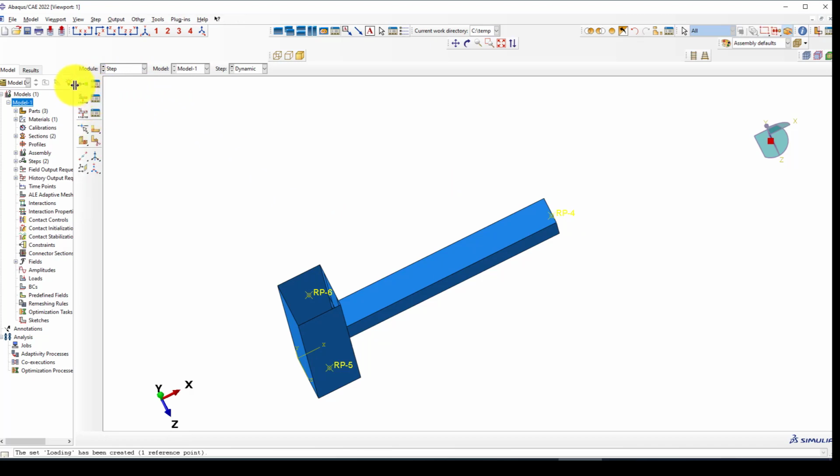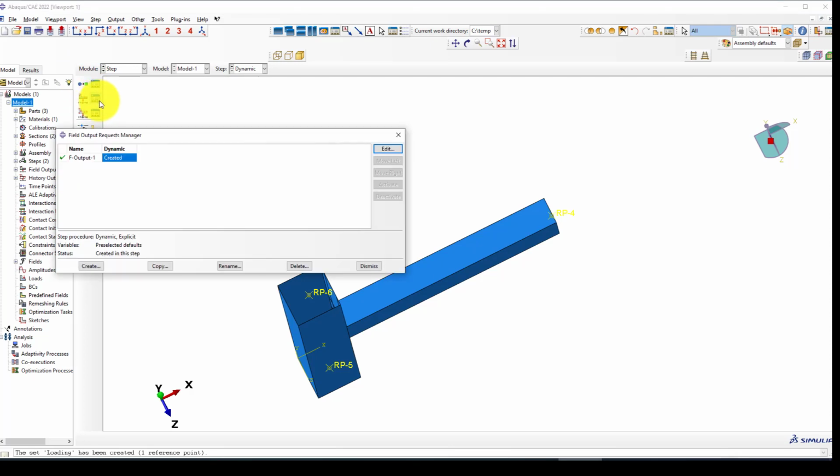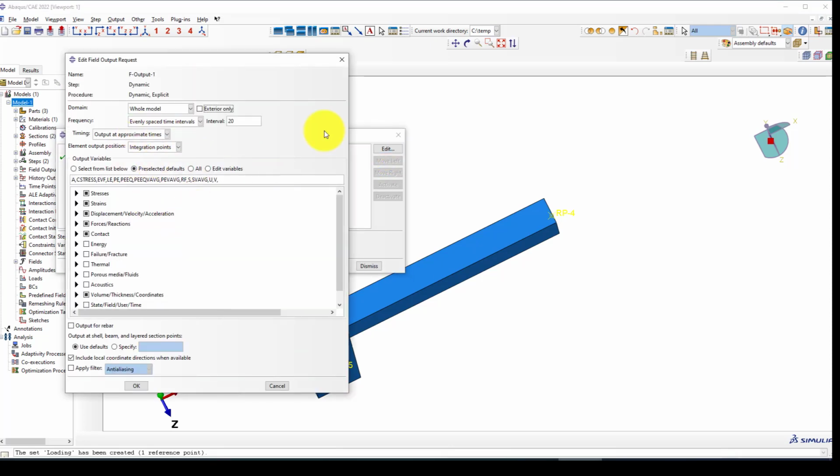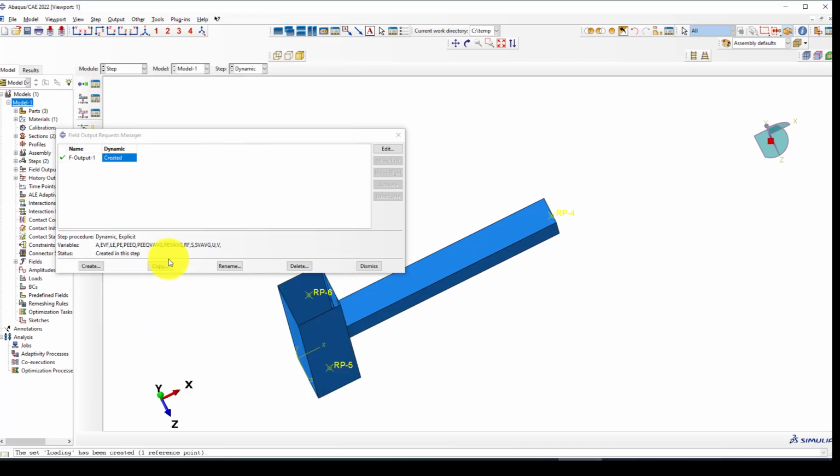We defined the steps, and we consider the default output, so that contact is no need, we can take it, and the interval can be, let's make it 200,